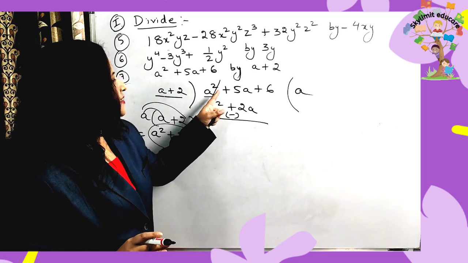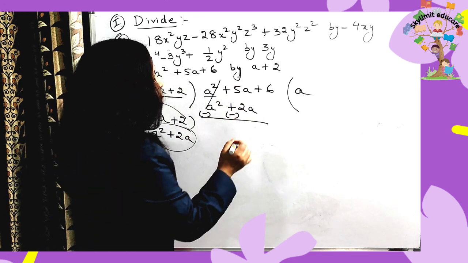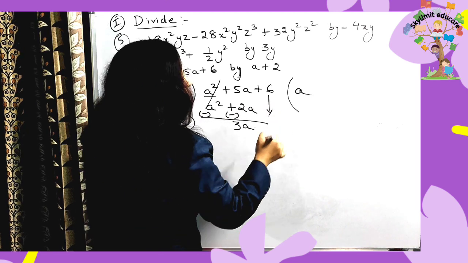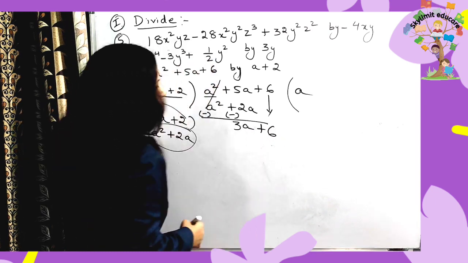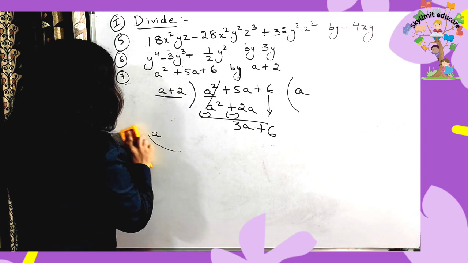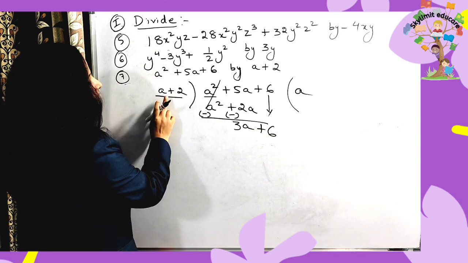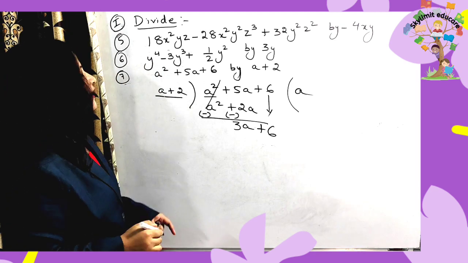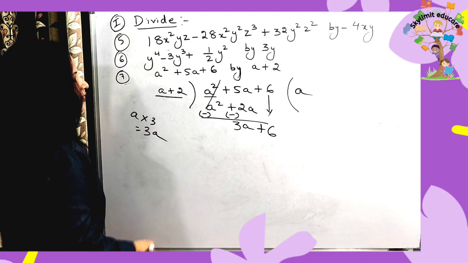Yes. Now what is here? 5a minus 2a. Both are like terms. 5 minus 2, 3a. After subtraction, now you can bring down one more from the dividend. What is that? Plus 6. Brought it down. Clear everyone? Now you have got plus 6 here. Now just see. What is the first term you need? 3a. So how will you get 3a from a? By multiplying a with 3, you will get 3a, or not?